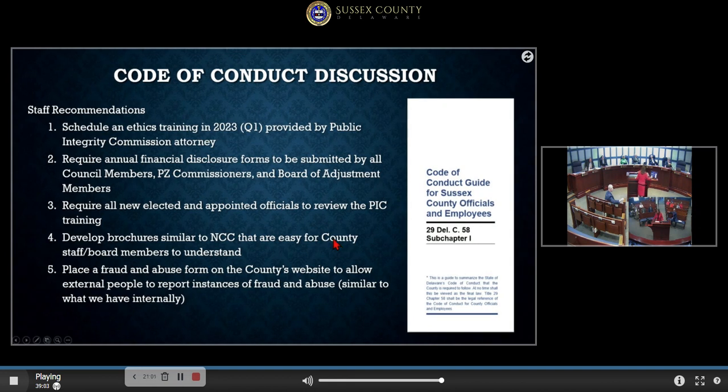And moves on to recommendations. As you can see, we do go above and beyond what's in the state code. We enhance it so that I'm able to make sure that we are in compliance with the state code. So at this time, Mr. Lawson is going to go over some recommendations that we could do to strengthen our code of conduct here in the county.